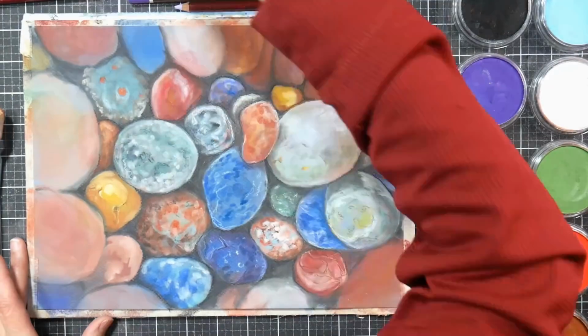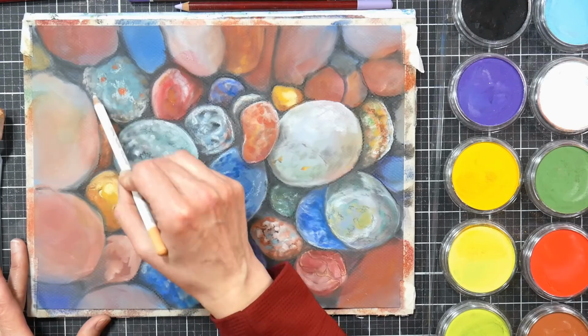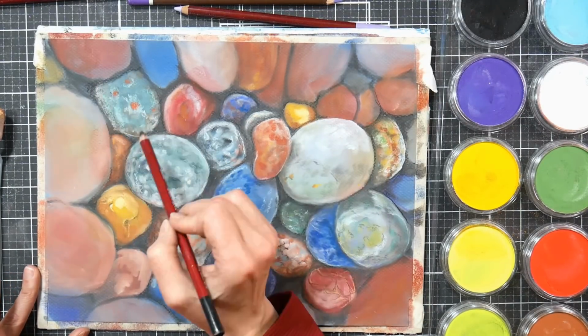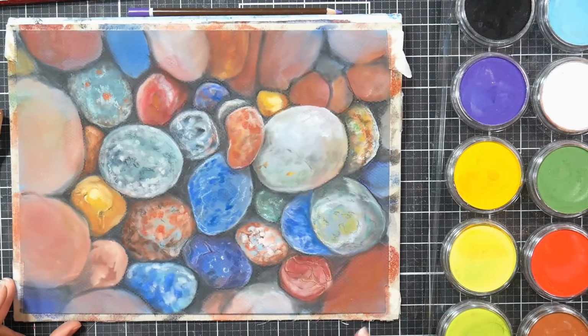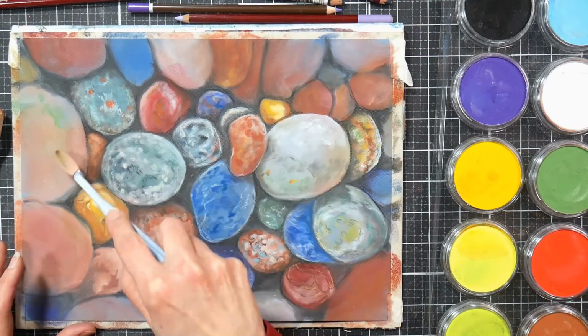If you have something that gives it some variety, it will be an effective painting, especially if it's meaningful to you, because you're going to paint it with passion and love, and you're going to show somebody who wouldn't look twice at a pile of eggs or a pile of rocks or a pile of buttons. You're going to show somebody what you see in it. You're going to show the muggles what the artist eye sees. And I think that's probably one of the most special things that we can do as artists, is we can show